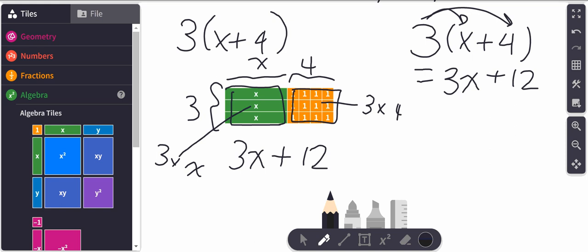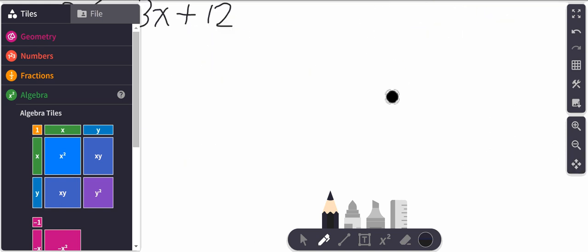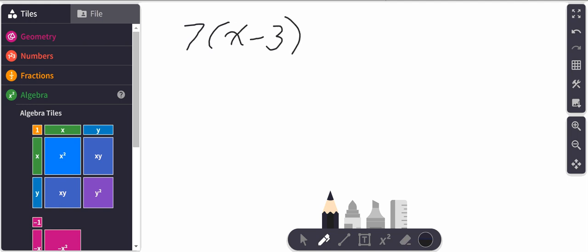So let's look at one. Okay, so I want you to try one on your own. 7x minus 3. So you can pause the video and set it up on your own and give it a try. So if you're having trouble, or maybe you've already tried it and you want to check if you're right, let's first